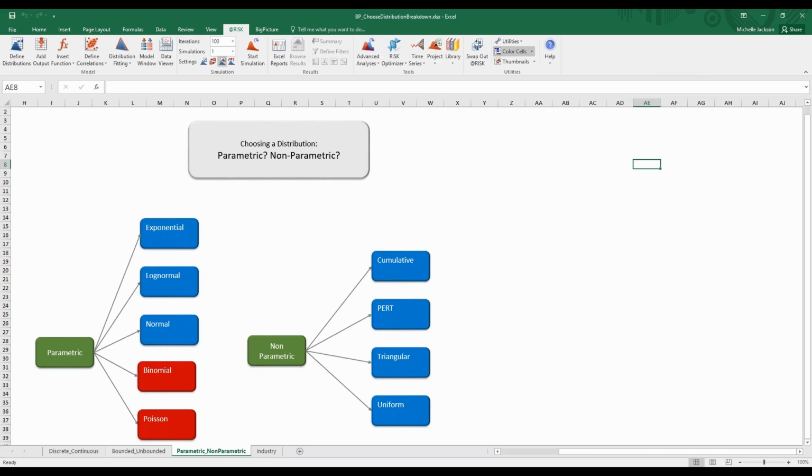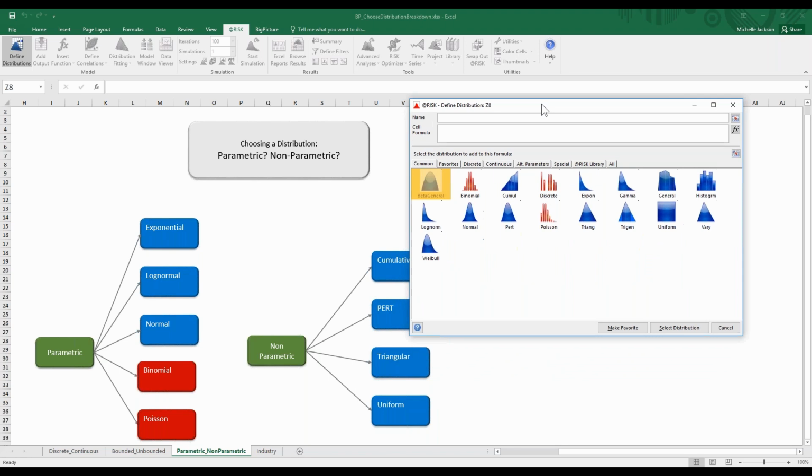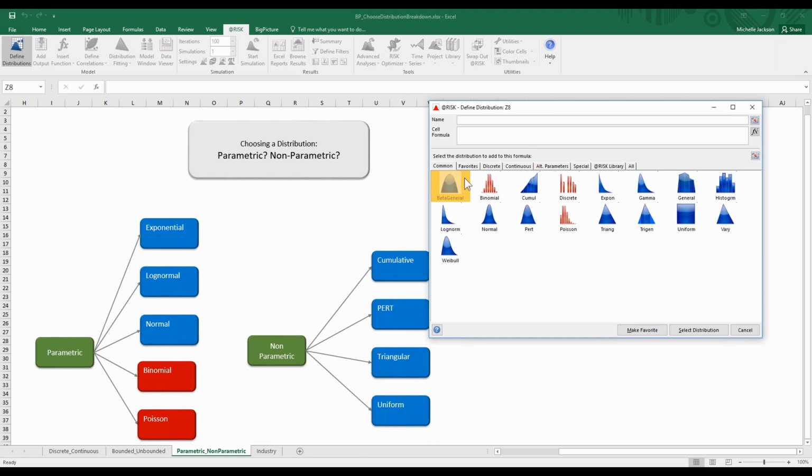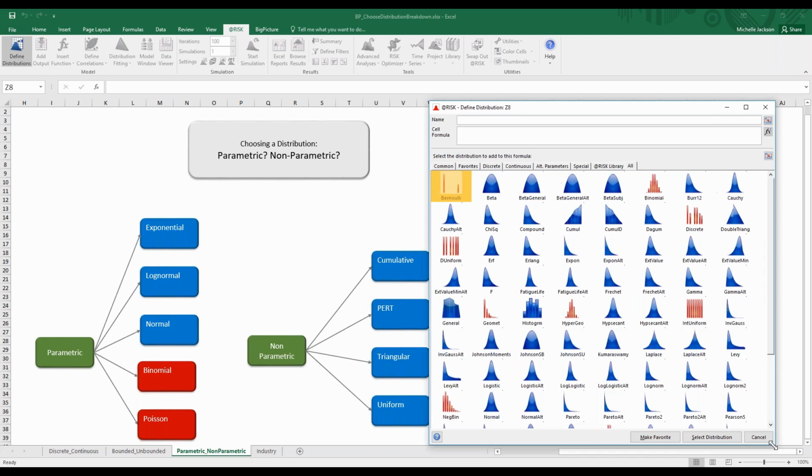Some of the other factors that we're going to talk about are going to be parametric or non-parametric. And I kind of touched on this a little bit when I was talking about the betas and thetas and gammas and alphas and all that good stuff. If I were to start my model from scratch and I went into a defined distribution window, we can see here we have a continuous tab and we have a discrete tab. Those aren't too intimidating. Continuous gets a little more intimidating, but if I hop over here to the all tab,